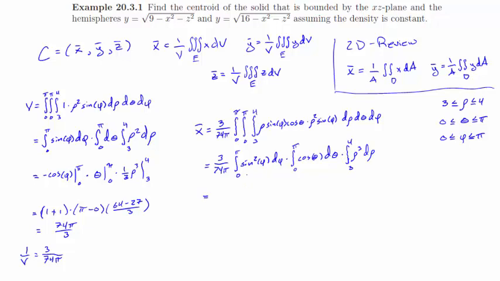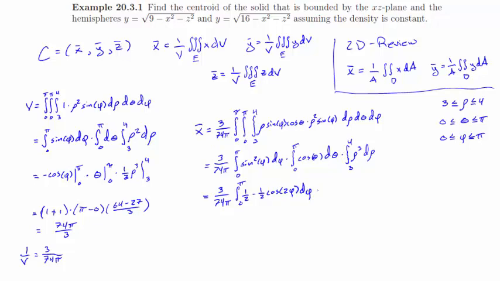Sine squared, I'm going to use the double angle formula on: 3 over 74 pi times the integral from 0 to pi of 1/2 minus 1/2 cosine of 2 phi d phi,